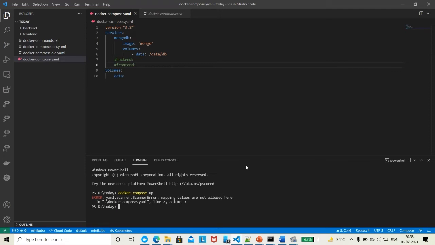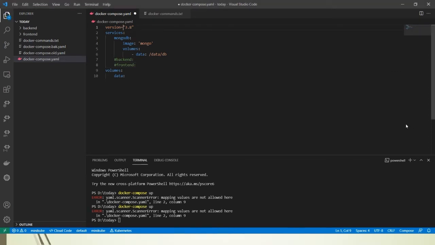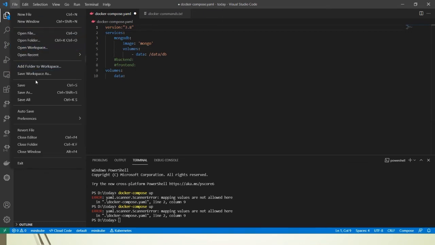Okay, so there is an error. Let us see what the error is. Okay, so we are with an error. Actually this is a typo. We need to put a colon over here. We'll just save it, and then we will run.